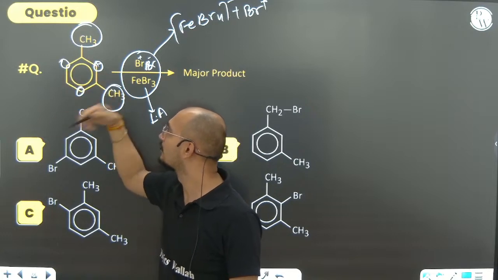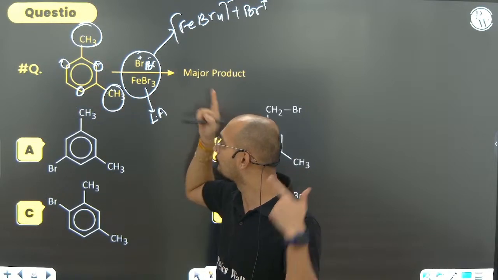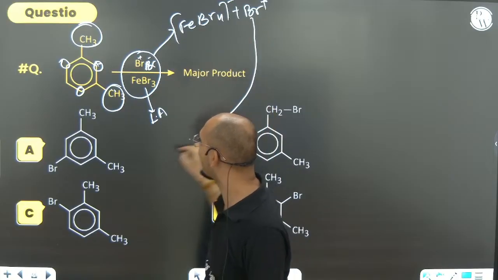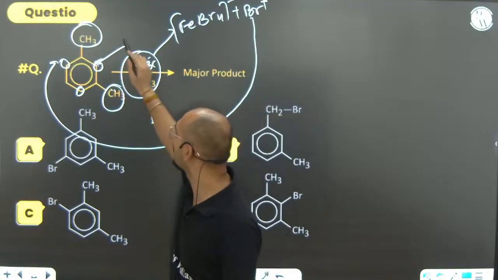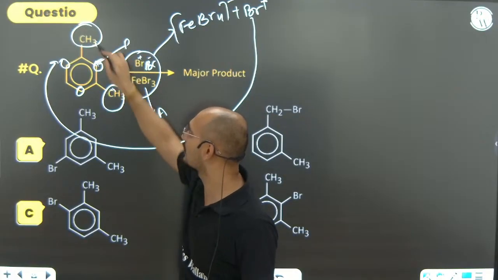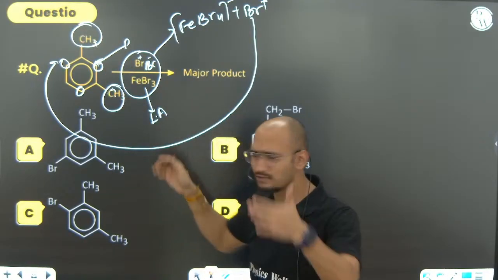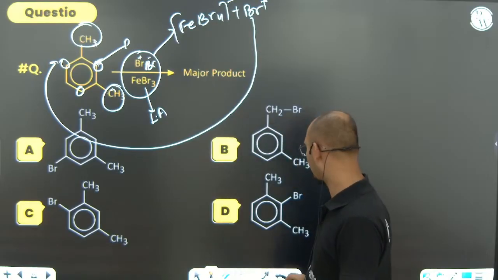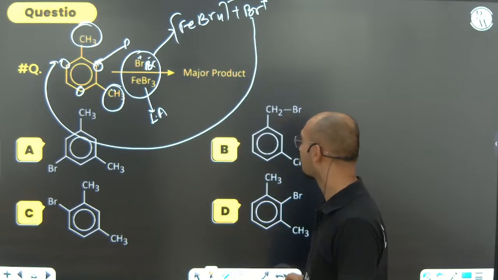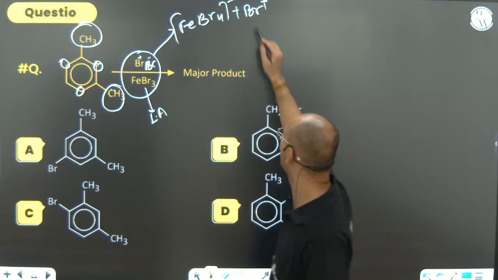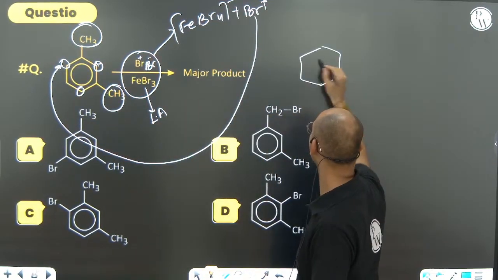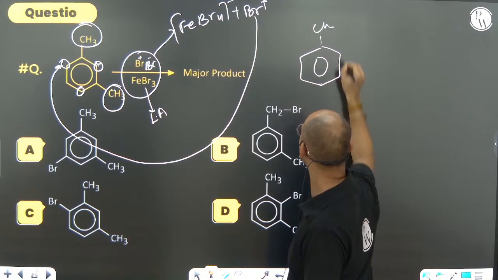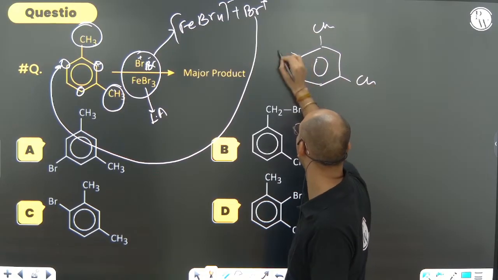So what we can say is that we should put Br plus at the place where there is the least hindrance. If Br comes here, it will be in very much hindrance from both CH3 groups. So do not send it to ortho, send it to para, to the para of either one. Can you see? If you send it to the para of one of them, I hope you all can understand what happens. Send it here, it will convert into CH3 and Br.